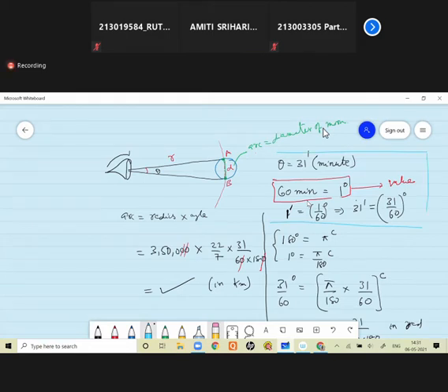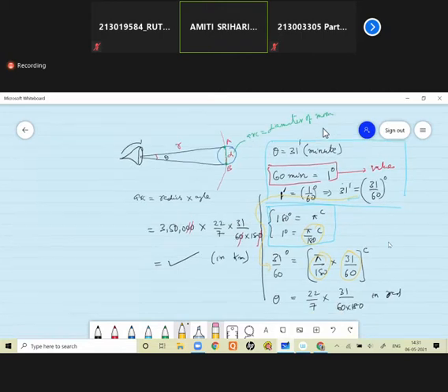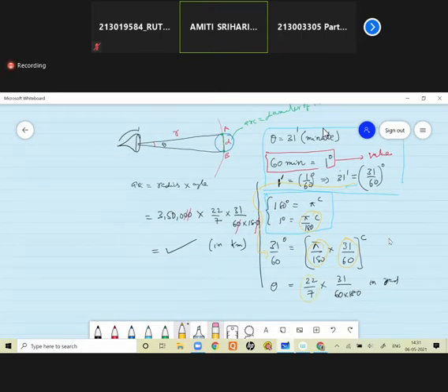Okay, sir. Step 1 is over. Now 1 degree is equal to pi by 180 radians. So 31 by 60 degrees is pi by 180 into 31 by 60, 1 degree cost into the number of degrees. Radians you got. Pi is how much? 22 by 7. So 22 by 7 into 31 by 60 into 180 radians. Theta is completely in radians. Okay now?